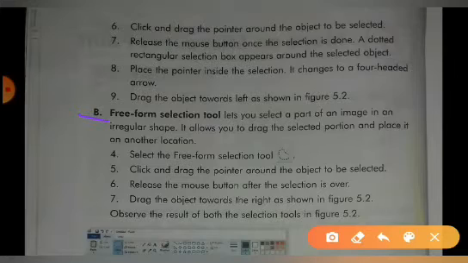Select the free-form selection tool, click and drag the pointer around the object to be selected, then release the mouse button after the selection is over, and then drag the object toward the right as shown in figure 5.2. Observe the result of both the selection tools in figure 5.2.